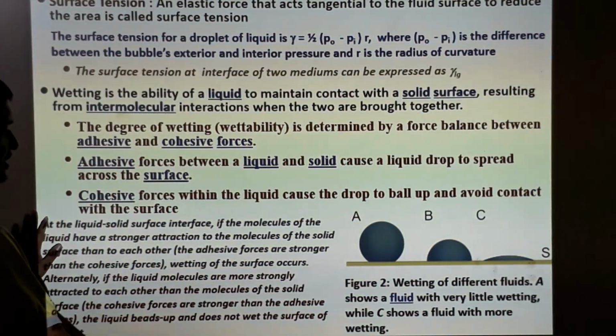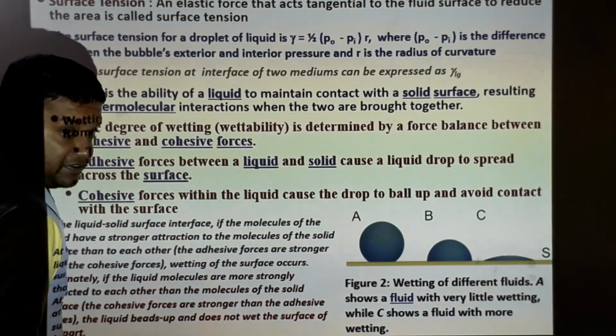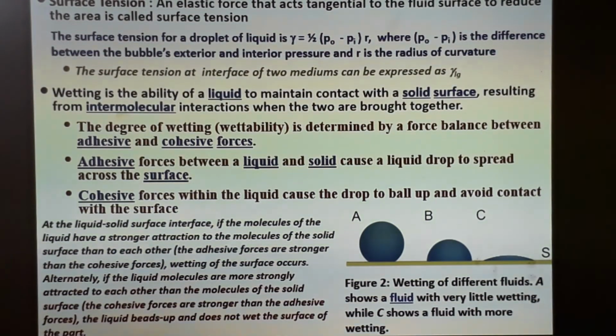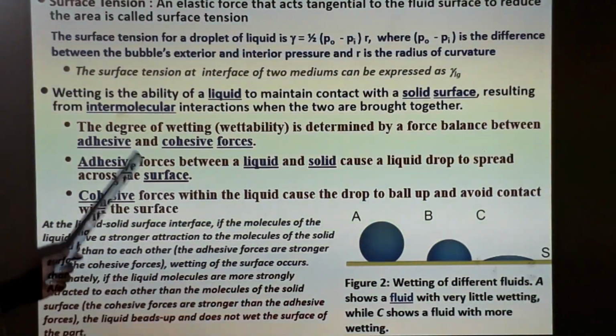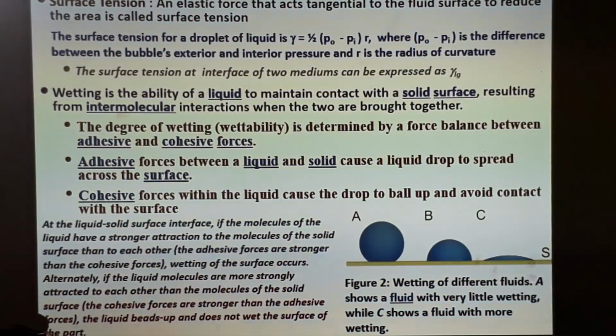Now, A, B, C are three types of droplets acted upon by different surface tension. The surface tension at the interface of two media can be expressed by gamma LG. This thing is a bit